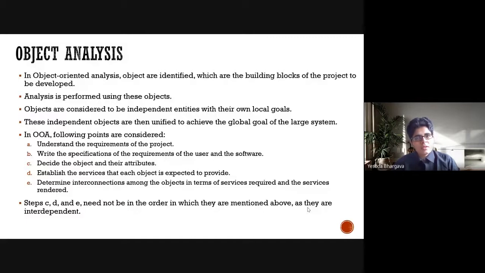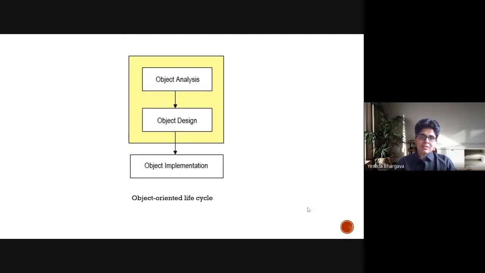So, hopefully, by now, at least if you would have read the paper and from our introductory session on object oriented designing, you may have understood the importance of object oriented designing, and moving forward, it will become more clear to you as to how we achieve that. So, in the process of object oriented designing, as we had discussed last time, there are basically three steps: object analysis, object designing, and then you implement the object.